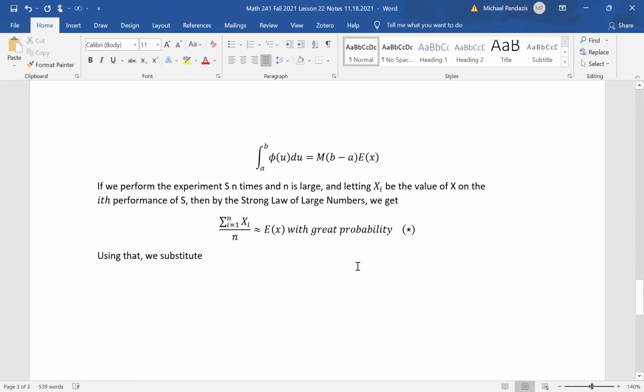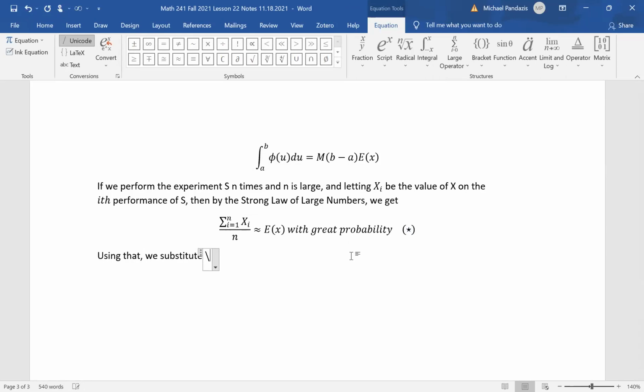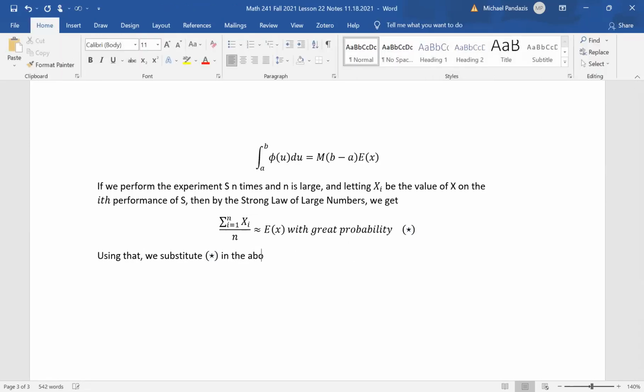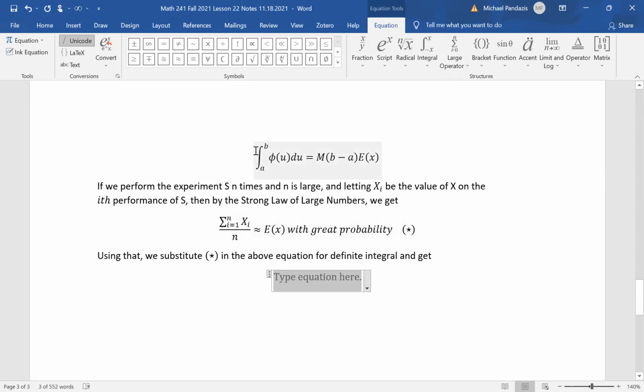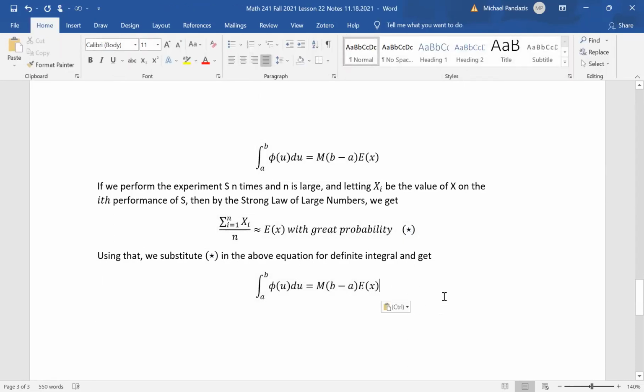So we substitute star into the above equation for the definite integral, the one just above the top of the screen, and get that this definite integral, which is equal to this quantity, right? Well, this is approximately equal to